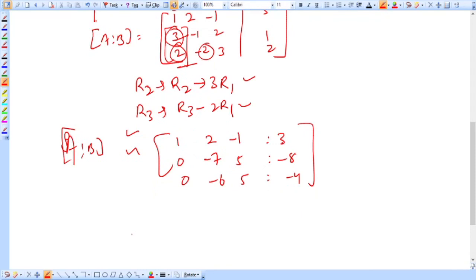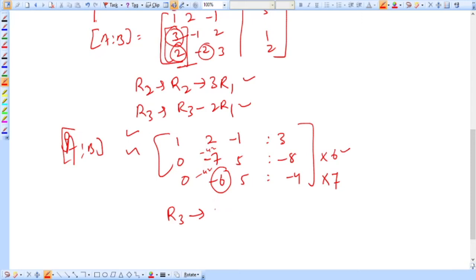So it is equivalent to this. Now what we are going to do, we are going to make it 0. So how to make it 0? In order to make it 0, we are going to operate on the third row. If we multiply the third row by 7 and this by 6, so what we get? Minus 42, minus 42, and if we subtract them from each other, so we get 0.